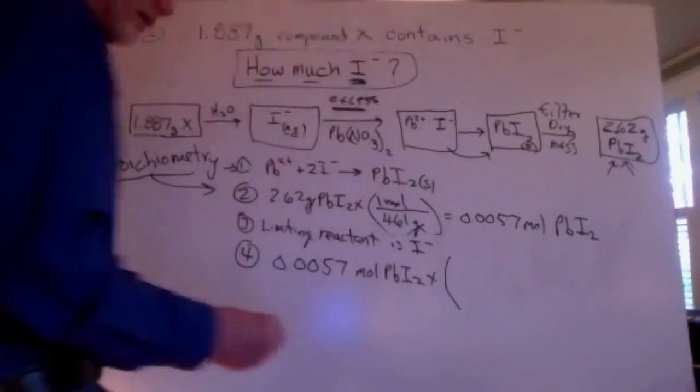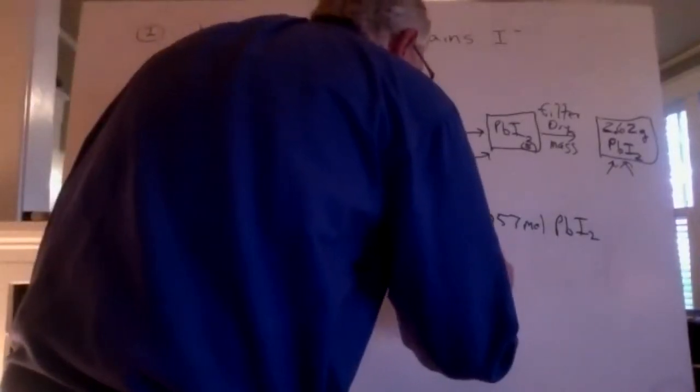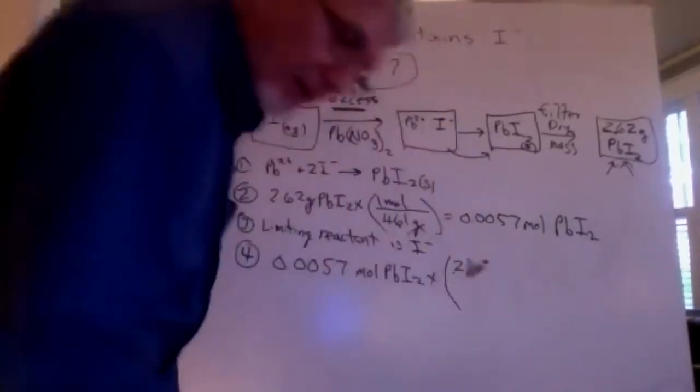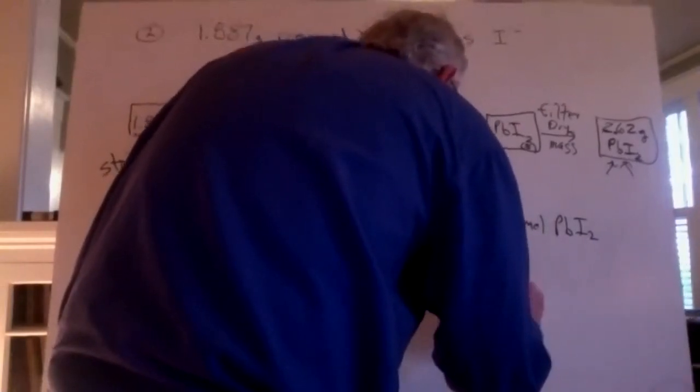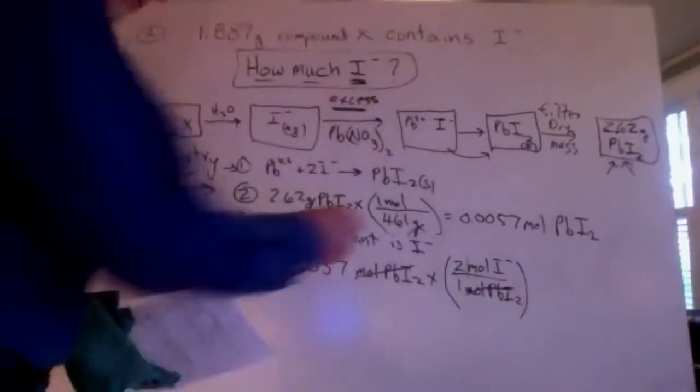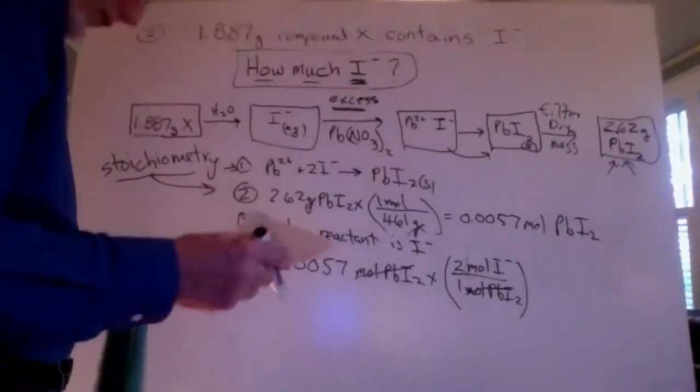So we multiply this 0.0057 moles of lead iodide by 2 moles of iodide ion for every 1 mole of PbI2. The moles of lead iodide cancel, we multiply through by the 2, and we get